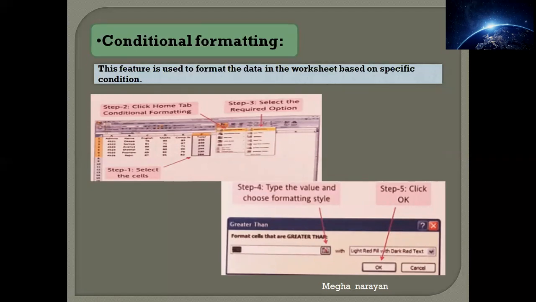So this conditional formatting involves 5 steps together. Selecting, then from the Home tab you select Conditional Formatting. By having the required options, later on in the 4th step you will get the value, changing the format if you want, and the last one is click on OK. So this was all about conditional formatting, which follows the formatting thing only, but using certain conditions.